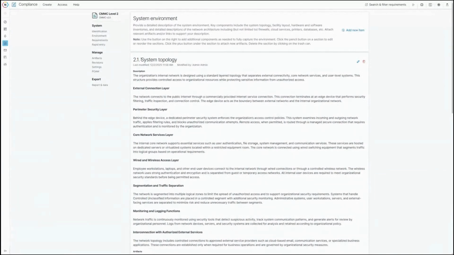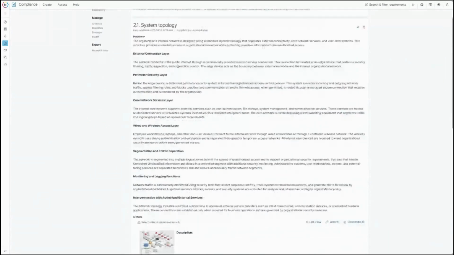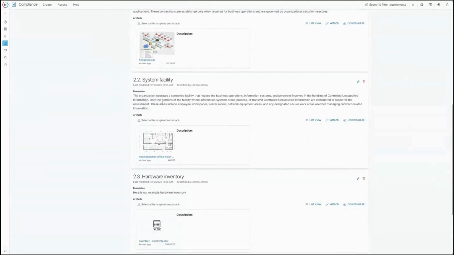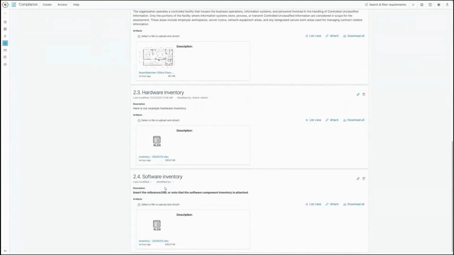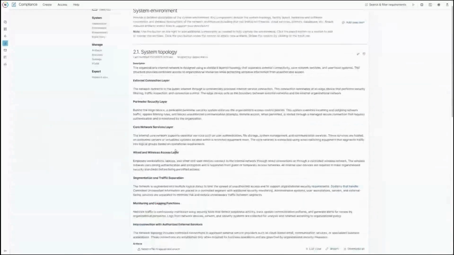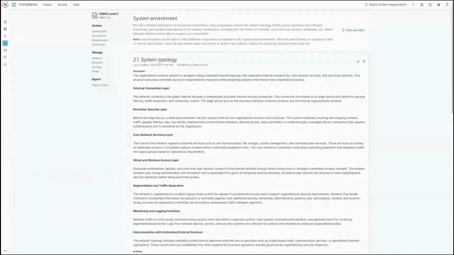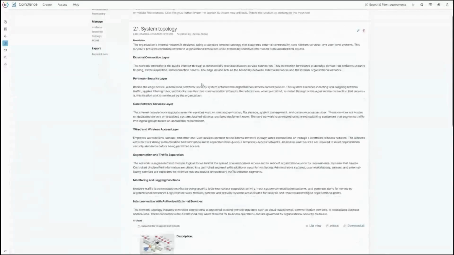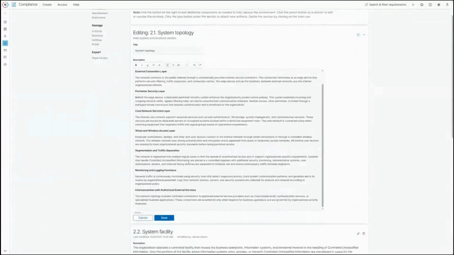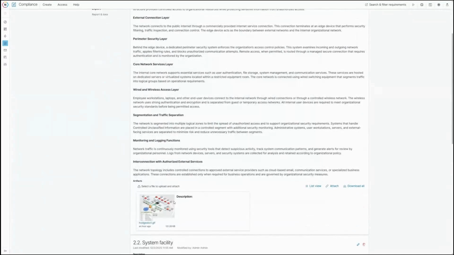So say we have 2.1 system topology. That's a default that we have. System facility is a default. Hardware inventory and software inventory are all defaults that we have that you can modify and or delete as you see fit. So with this modular section, we can add in a name of the section, and then obviously come in here and fill out the description that we want,